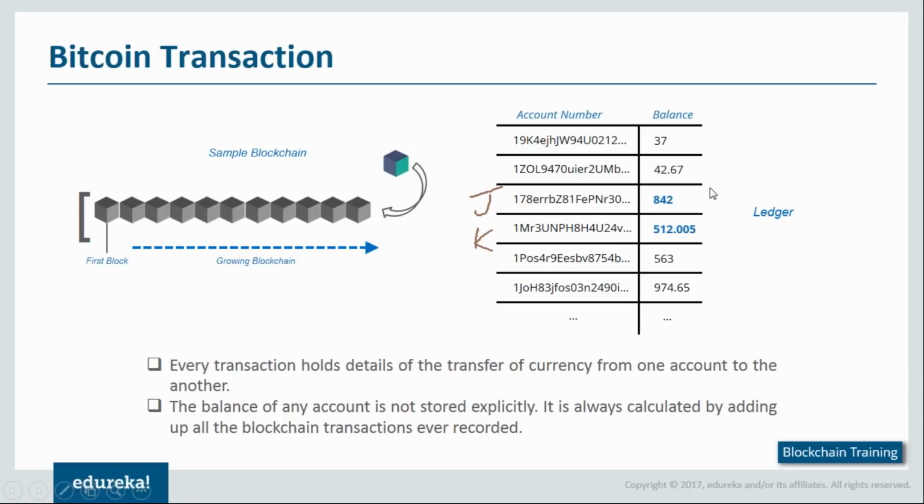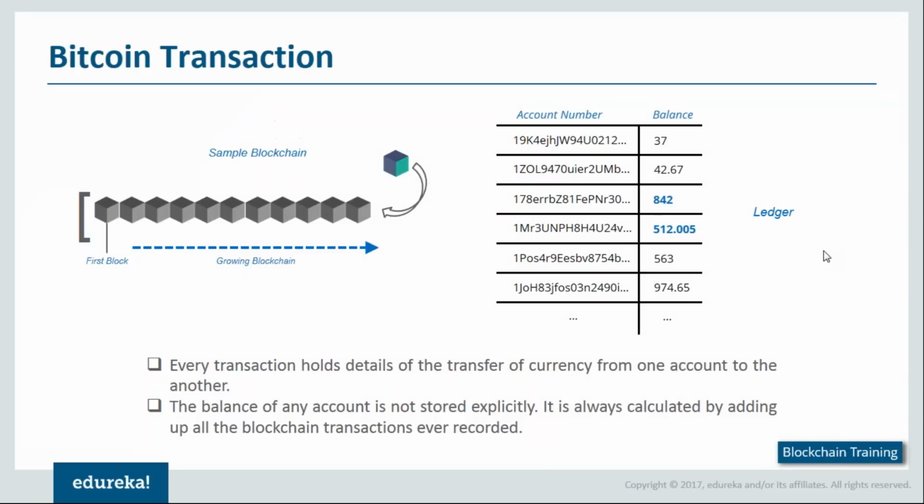So once this transaction is validated, then the ledger also gets updated with respect to the same. So earlier where it was 1342 and Kevin had 12, it gets updated to 1842 and Kevin's balance gets updated to 512. Okay, so here explicitly balance is not stored. This is something that gets calculated every time the Bitcoin transaction gets recorded. Okay, this is just to give you a simple idea of how things work out as part of the blockchain system and how the ledger works.